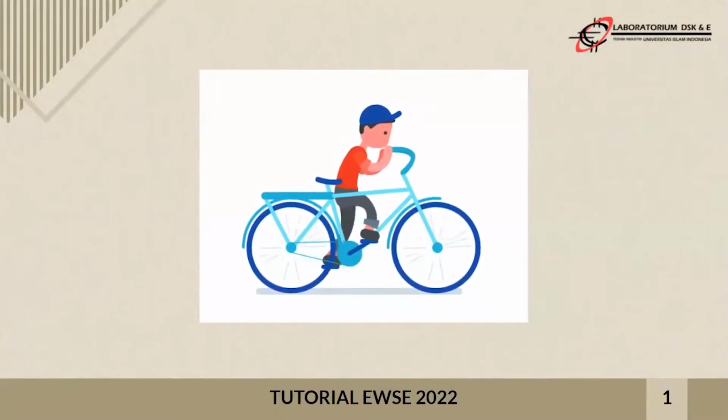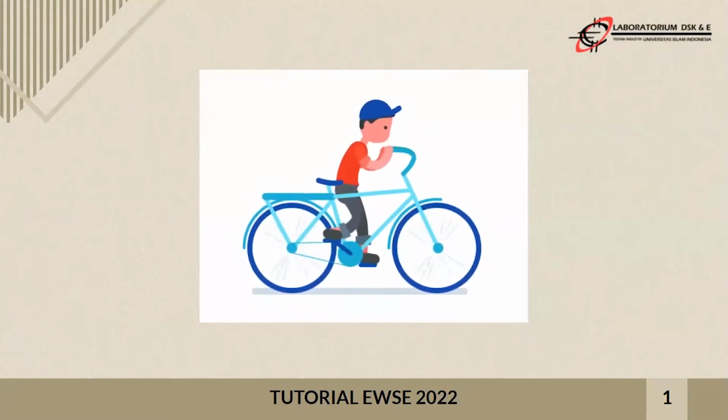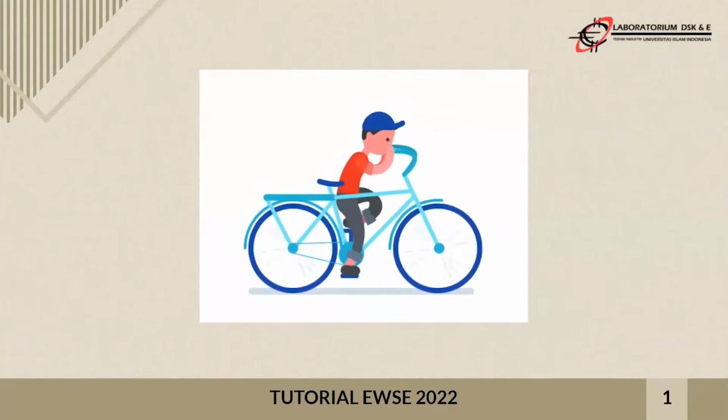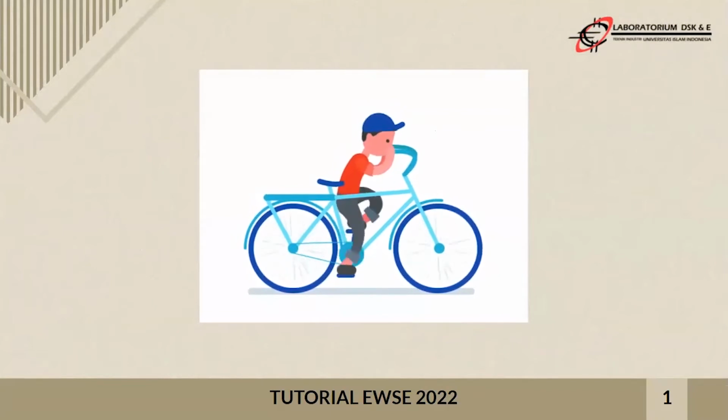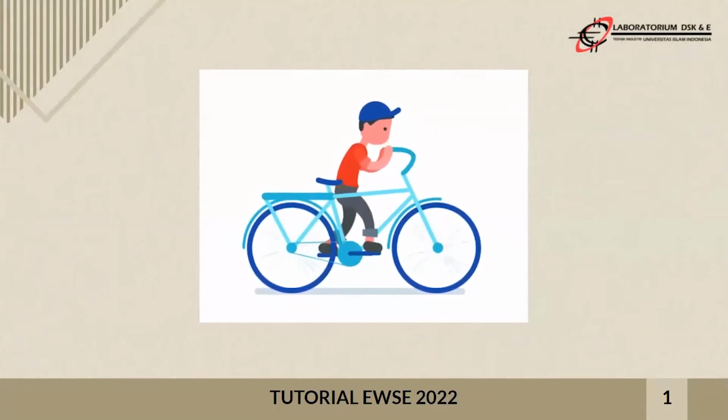Well, let's start by paying attention to the following illustration. Here, there is an illustration of a rider who does not feel comfortable with the bike. We can see that the bike is not in accordance with the size of the rider's body. So, this rider, when pedaling his bike, must be in a standing position, and the handlebars of the bike are also less comfortable. This is where anthropometry and hand tools design play an important role, where we can adjust the size of the bike to the size of the rider's body so that later when riding, the rider feels comfortable. We can change the height of the bike and the size of the handlebar to match the size of the rider's body.